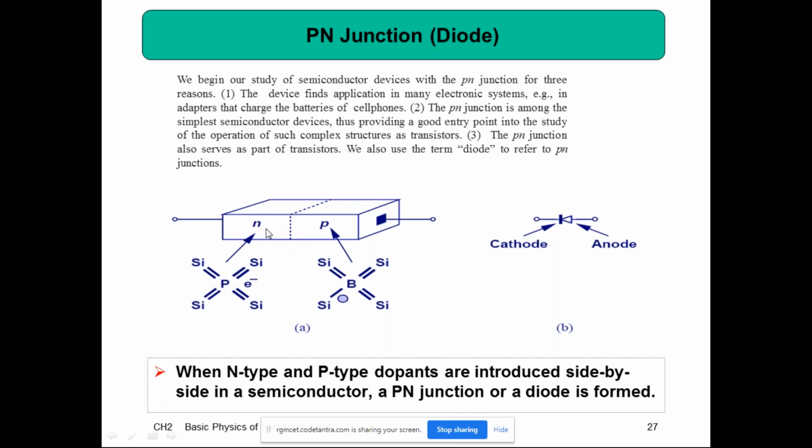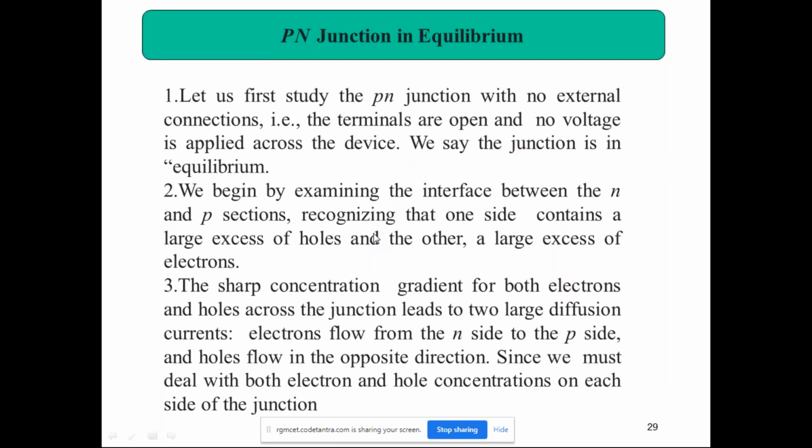Because on one side, majority carriers are electrons, minority carriers holes. On the other side, majority carriers are holes, minority carriers electrons. Okay. The third one, the sharp concentration gradient for both electrons and holes across the junction leads to two large